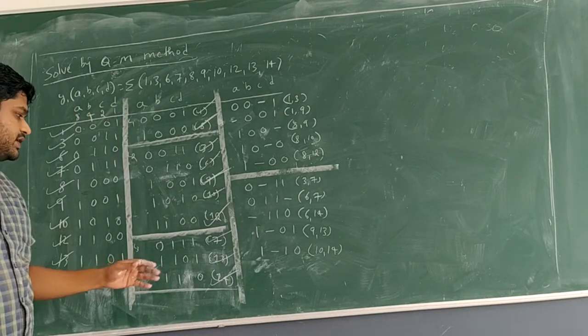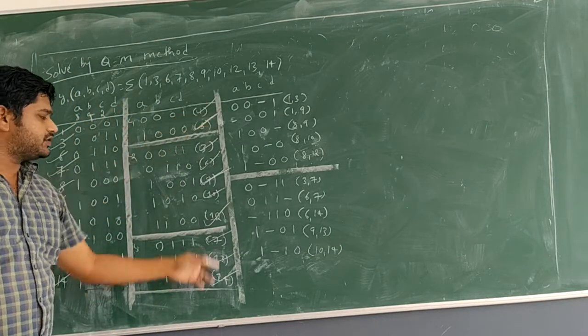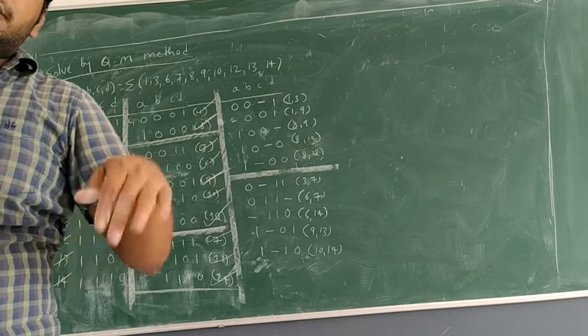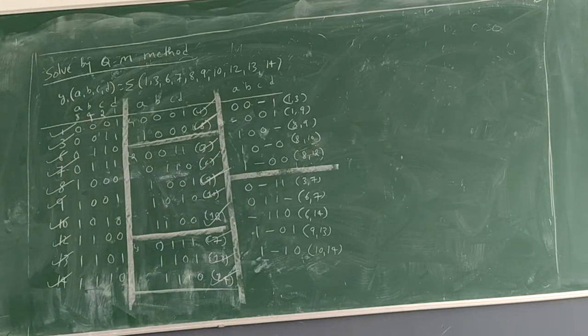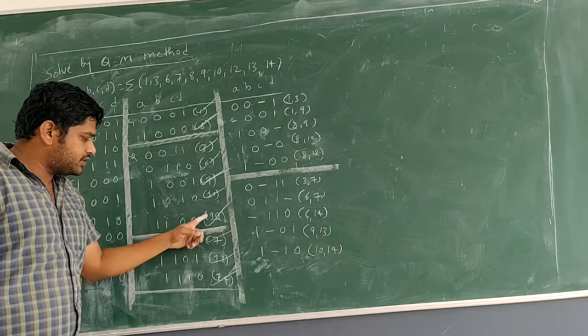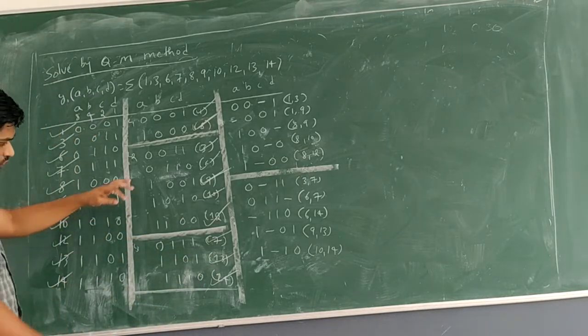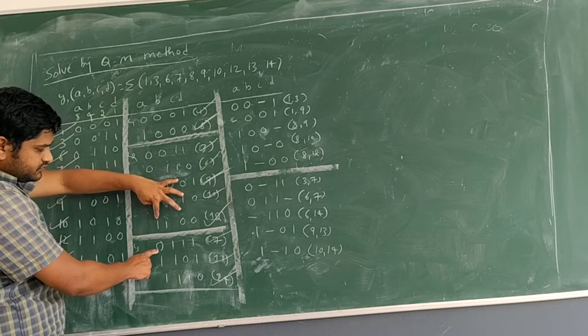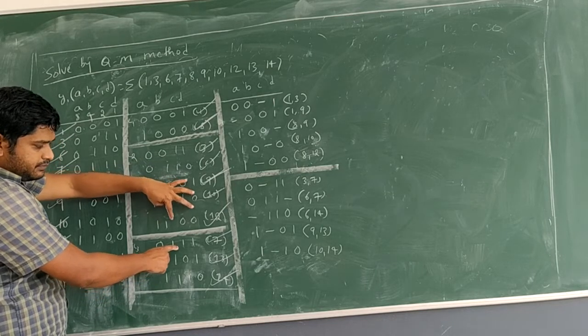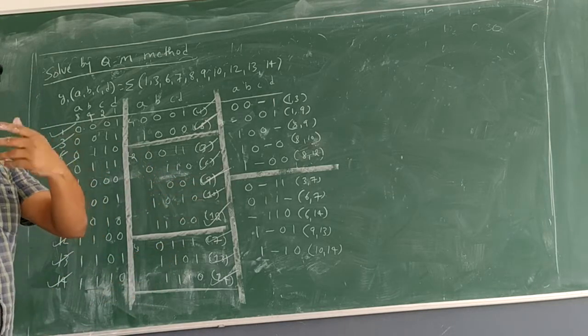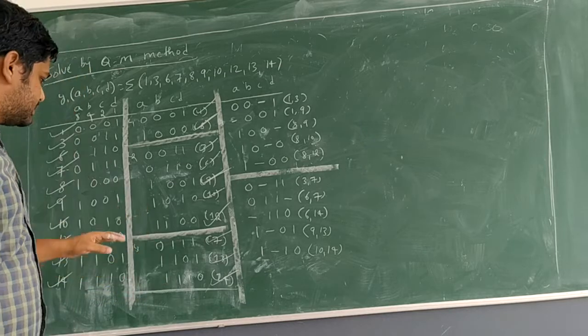Now some more possibilities are there. Don't stop now because thinking that all are pass mark. Still some possibilities we have not yet finished. What are those? 12 7, 12 13 and 12 14. That we have to check. What is 12 7? Different, same, different. So 2 different we have, we will neglect.